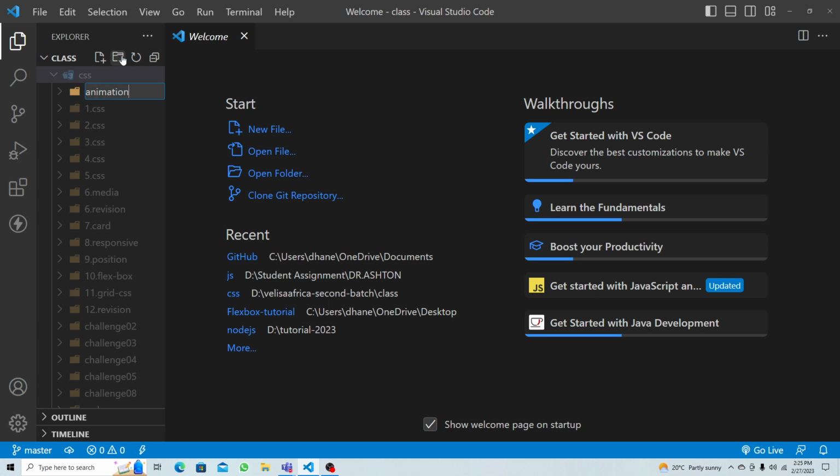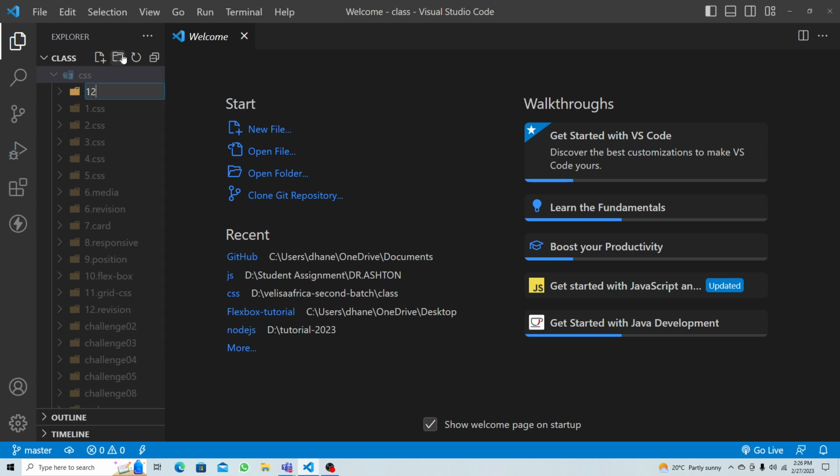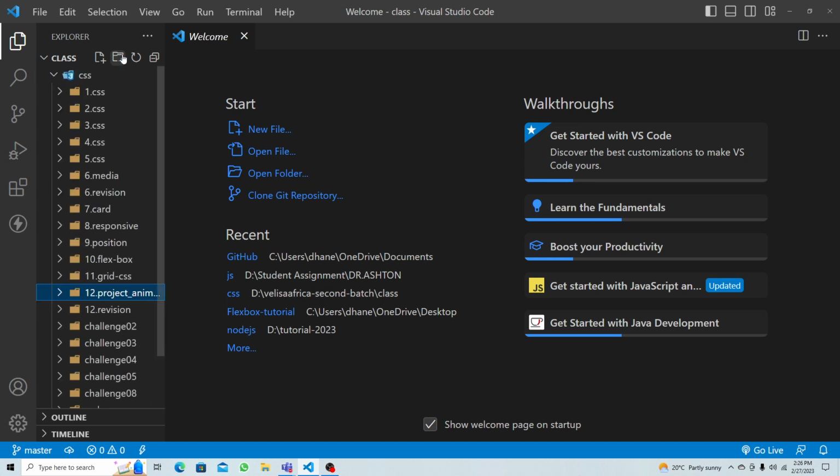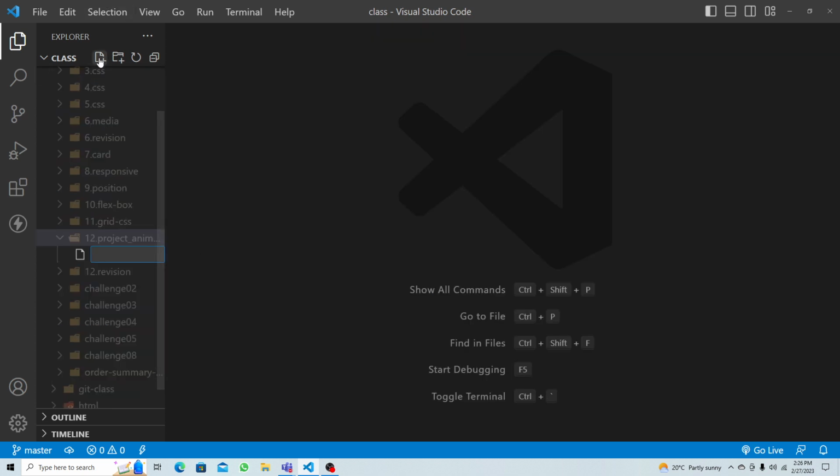This is not really an animation, but why not start with some kind of project, right? What is the folder name here? 1 2 3 6 12, right? Let's call it 12.project, something like that, right? So simply, as always, we're going to start with an index page,